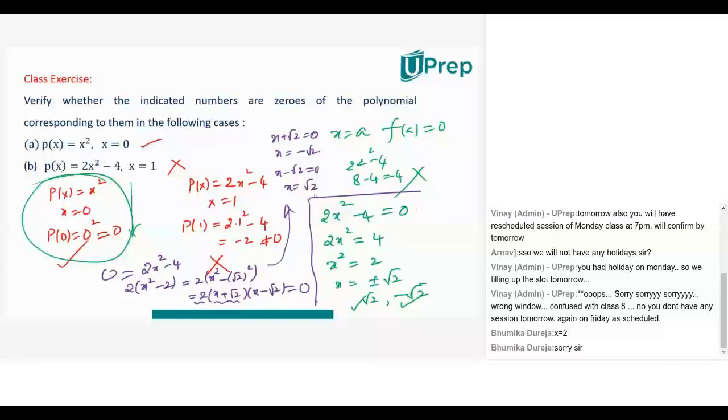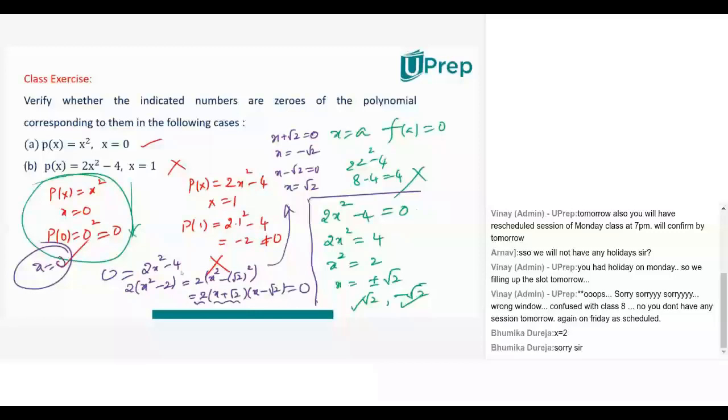Yes, sir. Right. What about the first case? What is the other 0? The important thing is the other 0 is also 0. When there are two roots, they need not always be two different numbers. Here I got plus root 2 and minus root 2, which are different. But they need not always be different. They can be the same. They are called repeated zeros. x equal to 0, x equal to 0. And still we agree that there are two roots. One of them is 0, the other one is also 0. Right?